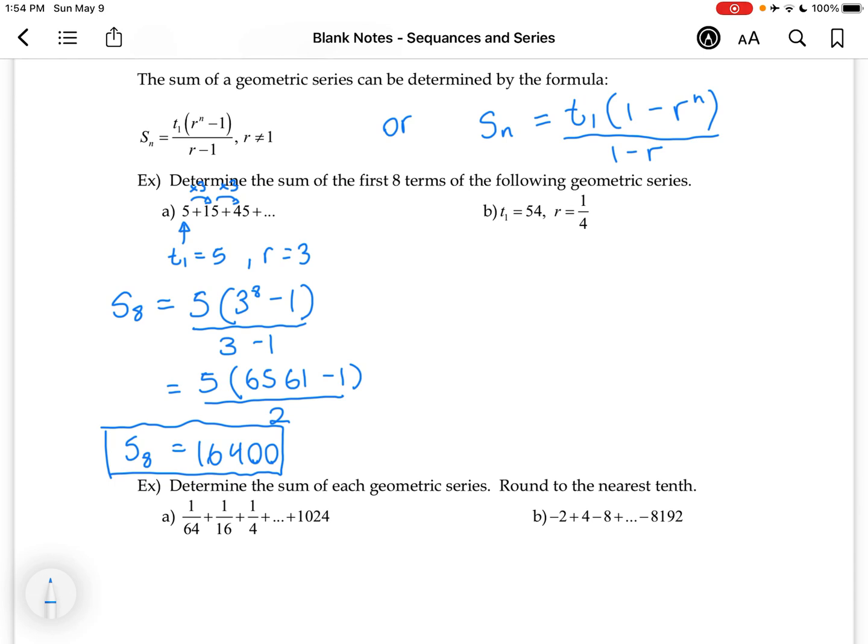All right, here's another one. Here we don't have a bunch of the terms, but we know what the first term is, and we know what R is. Okay, so here I'm just going to plug in S8 equals